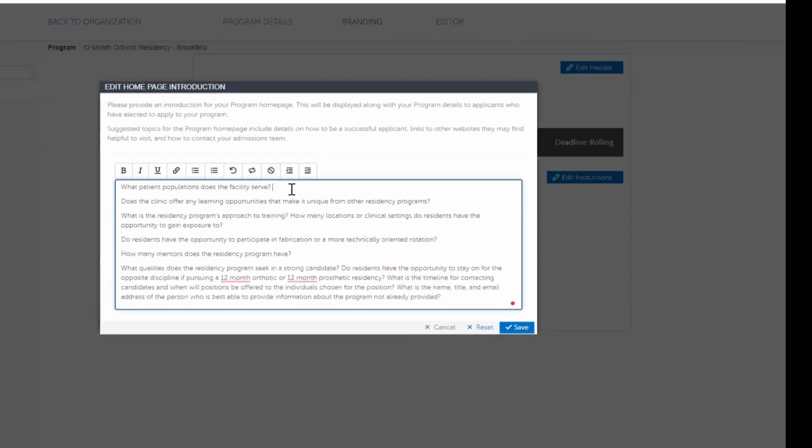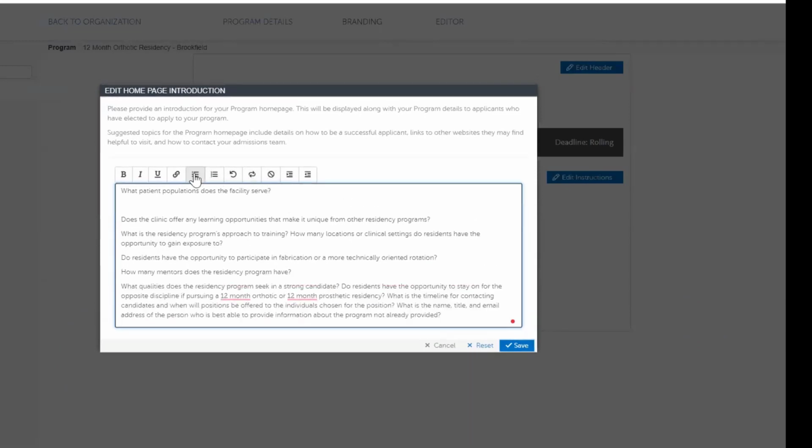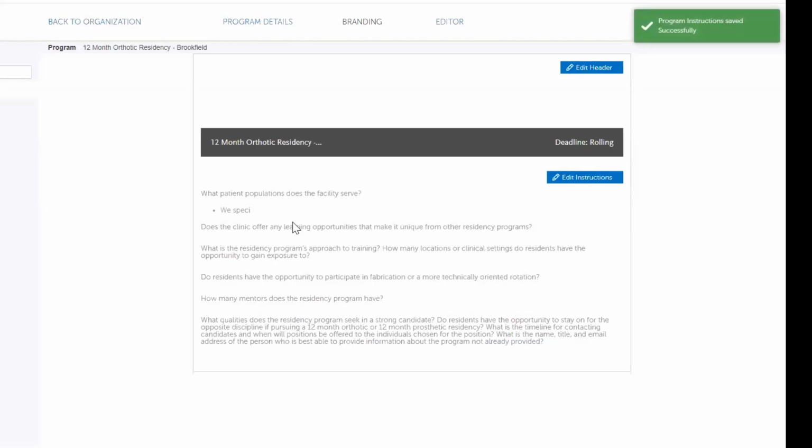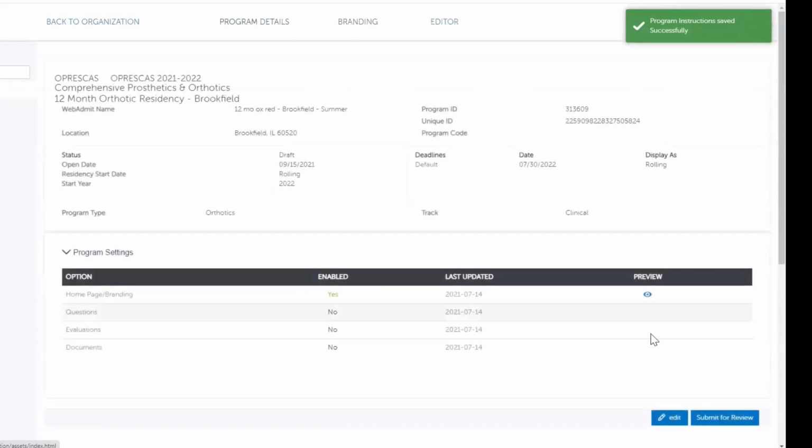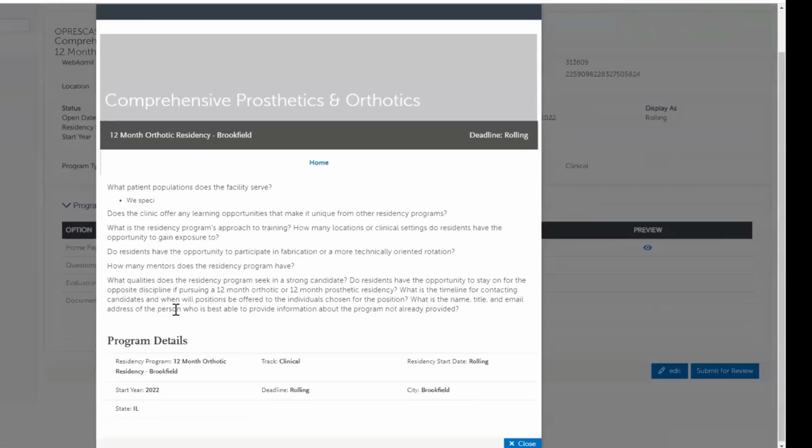And the nice thing about it is, since it's like Word, you can just make a little bullet right here. What patient populations does the facility serve? You know, we specialize in pediatrics. But you can go through and answer each one of these questions and hit your save button. And the nice thing about it is if I go back to program details and click my eyeball, now we're